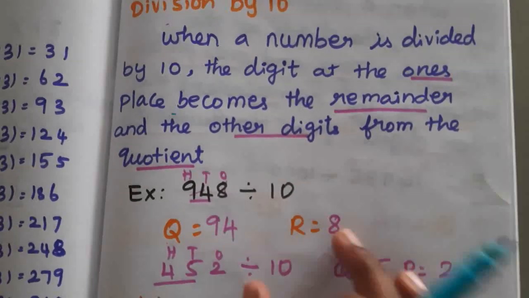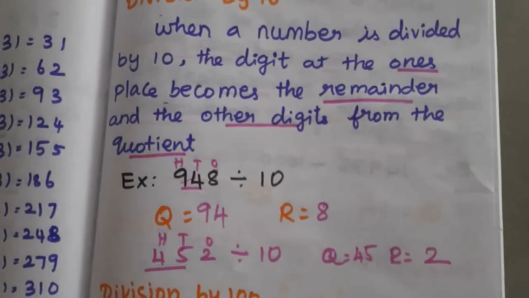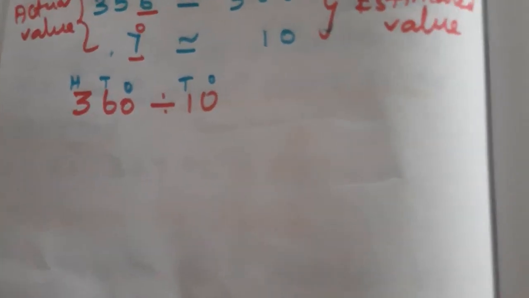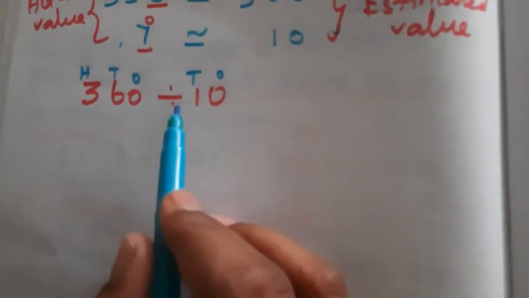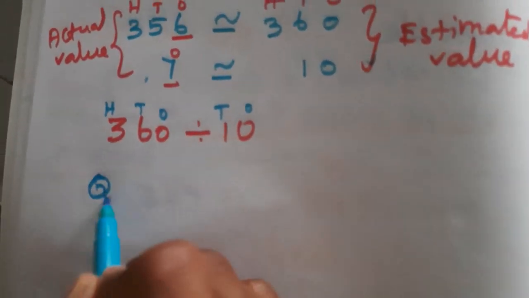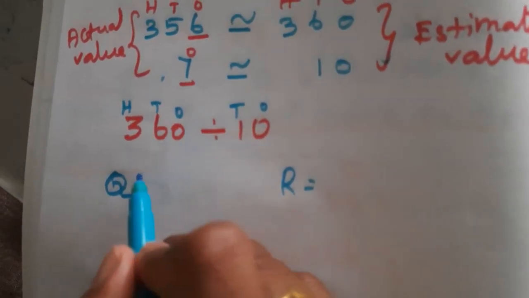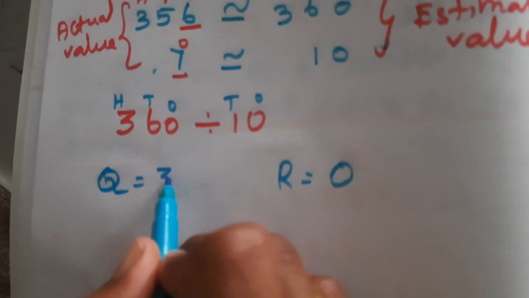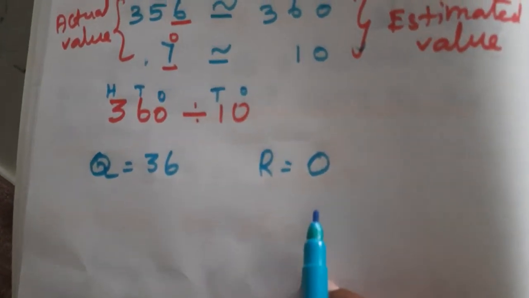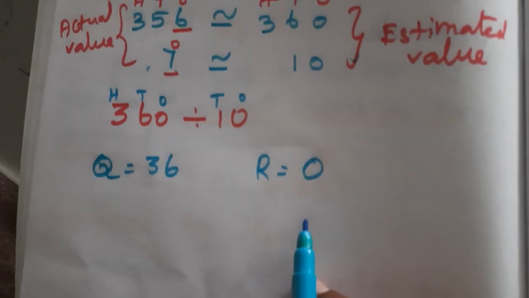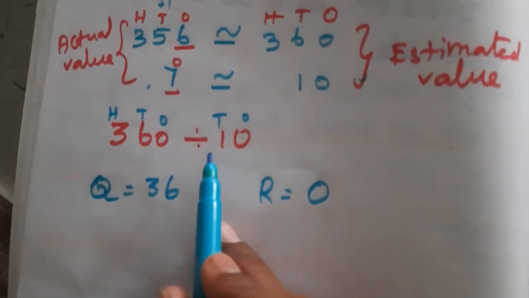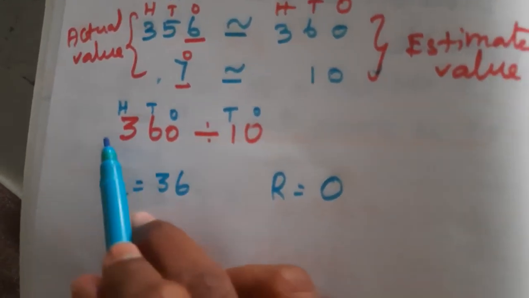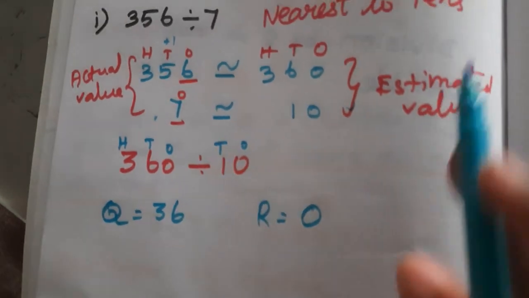Okay. So we have to apply this concept in that sum. So the ones place is the remainder, remaining digits are the quotient. Okay. So see here also 360 divided by 10. So what is the procedure? Quotient, remainder. What is the ones place? 0. So 0 is the remainder, remaining places is the quotient. So this is the way you have to apply the division by 10's concept. Okay. You have any doubt? So divided by 10 means the ones place comes as the remainder, remaining places the quotient. Okay, you have any doubts?